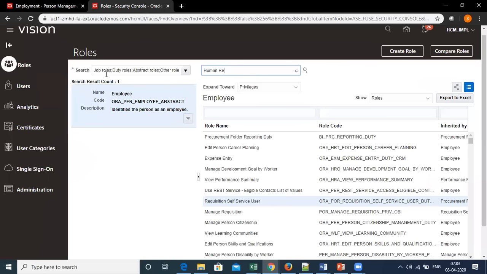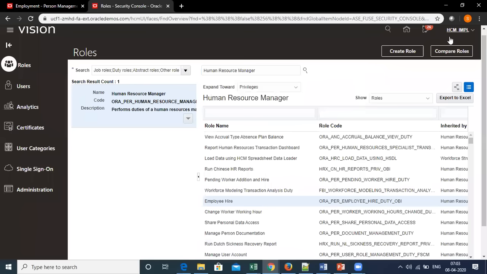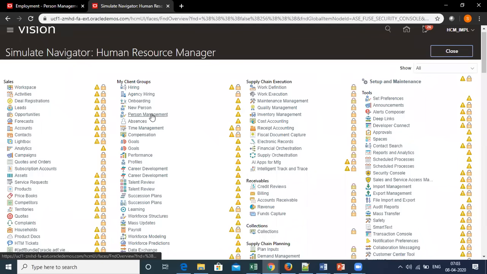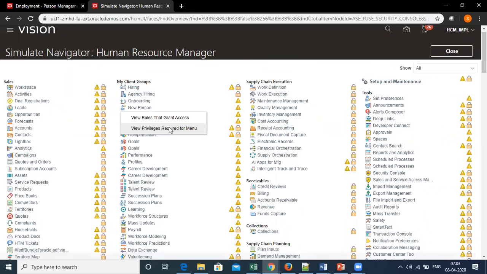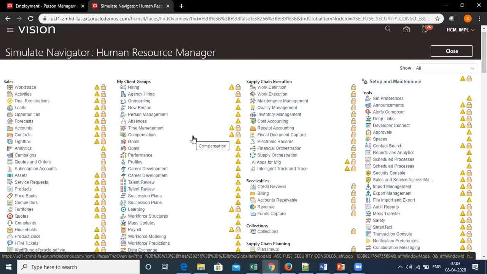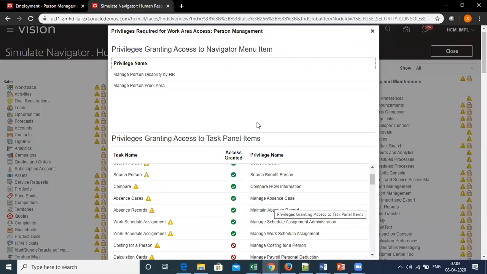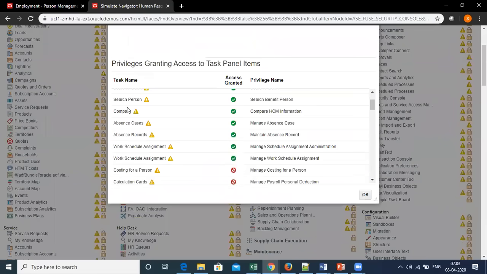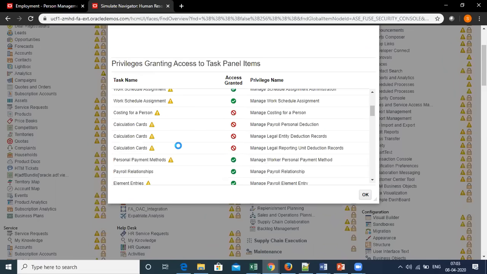So when I search for human resource manager, the role which is assigned to the HCM implementation user, and I go to simulate navigator again, under person management when I go for view privileges required for menu, I can see all the tasks: search person, compare, absence cases, absence records, work schedule assignment, costing for a person, calculation card.